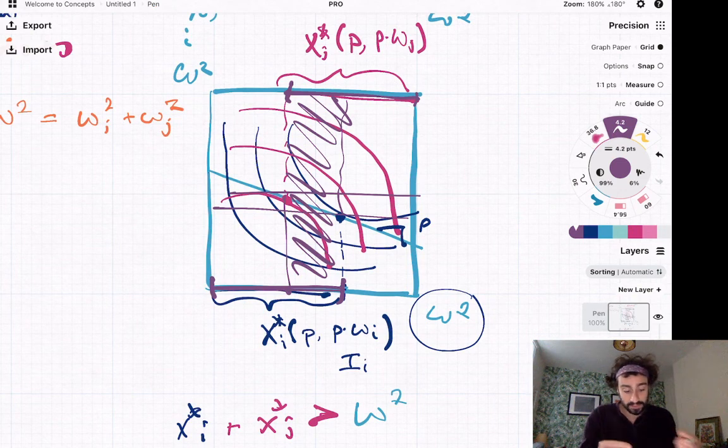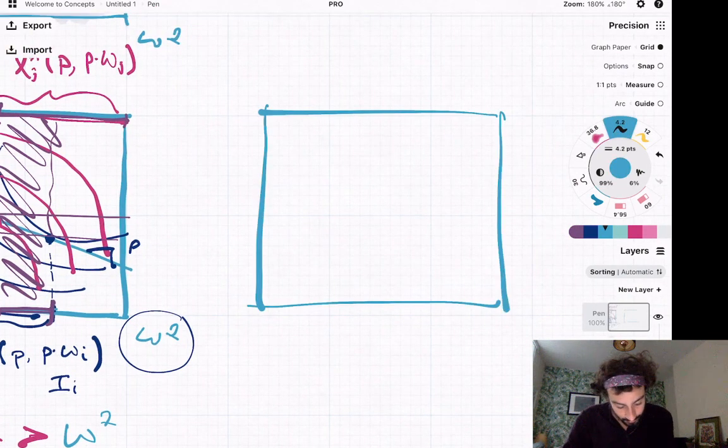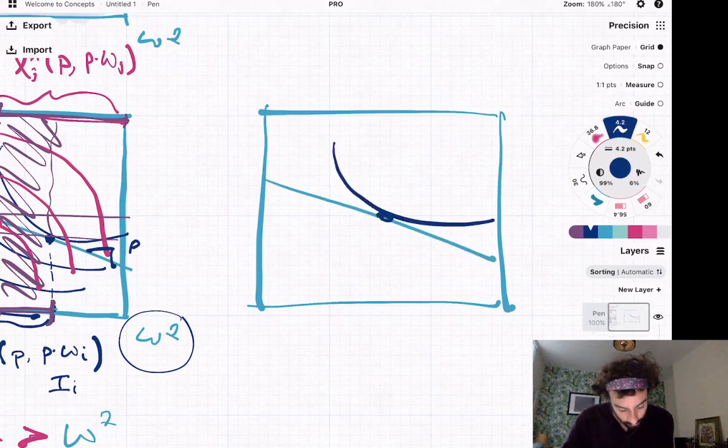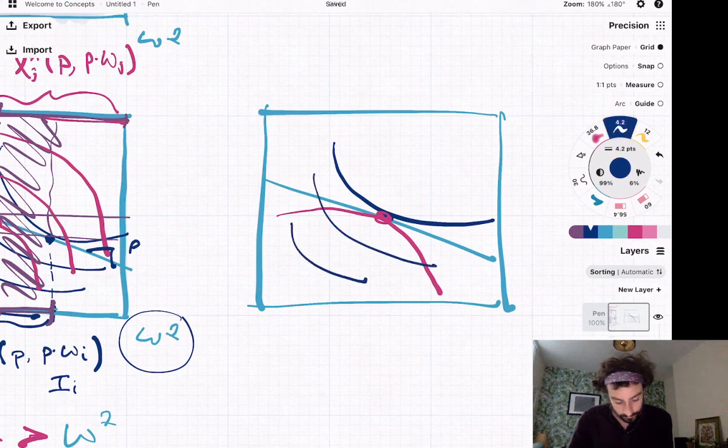So we can see that in this particular example, this price vector does not constitute an equilibrium because the price of good 1 was too cheap, so there's an excess demand, and the price of good 2 is too expensive, there's an excess supply. What would an equilibrium look like? An equilibrium would look like a point where we have a budget line, and we have the Walrasian demand for both consumers at the same point. So where both consumers are jointly maximizing and demand the exact same point.